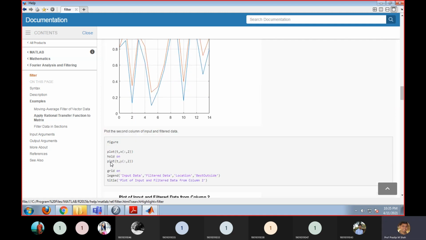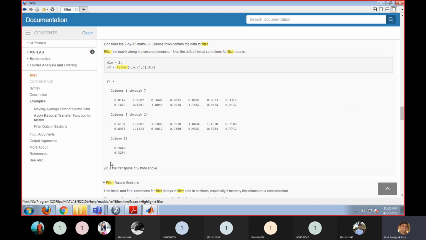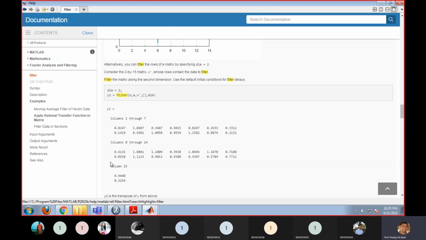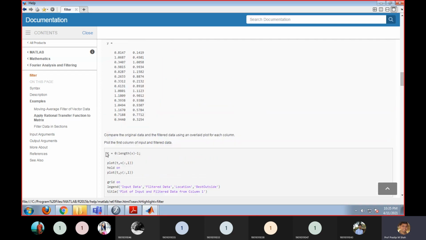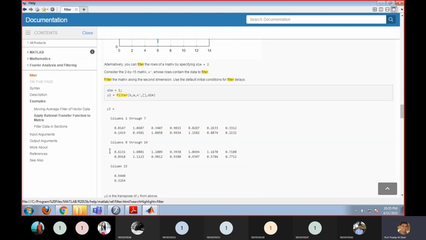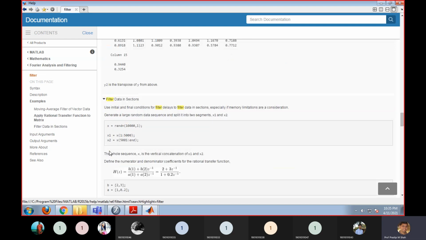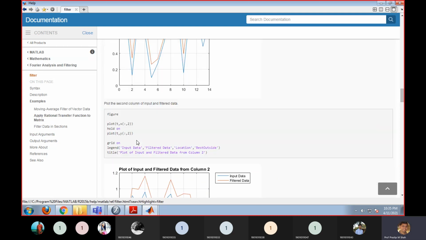You can also use different signals. Here, different examples are taken with different systems. Actually, the first system is a very basic moving average system, but later on you can see that the system becomes a complex one. But still you can find that, compared to your input and output, your filtered data